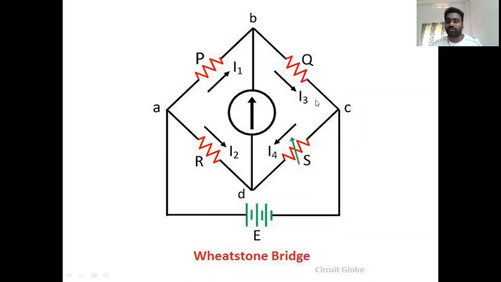Each arm or branch will have one or two elements. Here we constructed each with only a single element, that is nothing but a resistance. A certain amount of current flows in each branch or arm, and tying them together, we have placed the galvanometer diagonally in the center from B to D. So this is the description of the galvanometer.